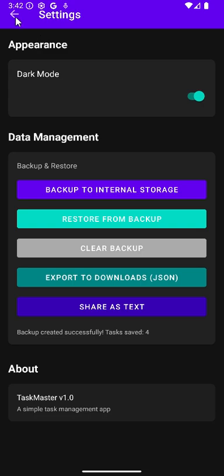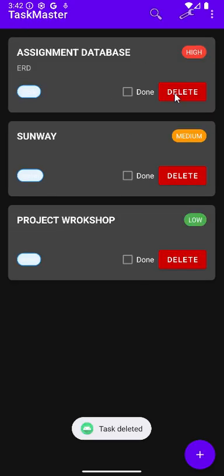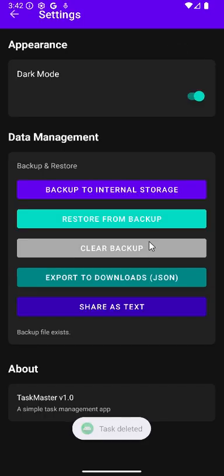And then in case we delete the file, we can restore it.